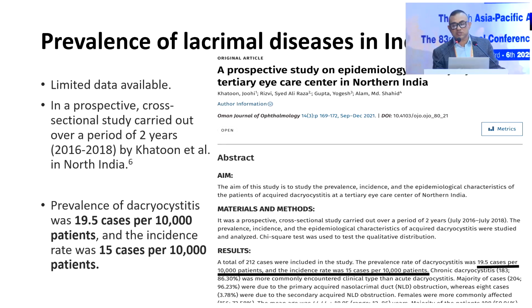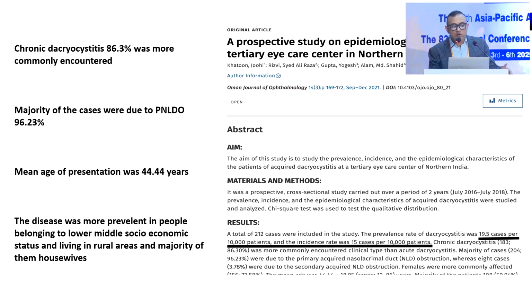Now coming to some of our studies, actually there are very limited data available. This is a prospective study carried out in northern India by Khatun et al. They found the prevalence of dacryocystitis to be 19.5 cases per 10,000 patients, and the incidence rate was 15 cases. They found chronic dacryocystitis to be more common. The majority of cases were due to primary nasolacrimal duct obstruction, and the disease was very prevalent in the lower socioeconomic status, and housewives and farmers were more